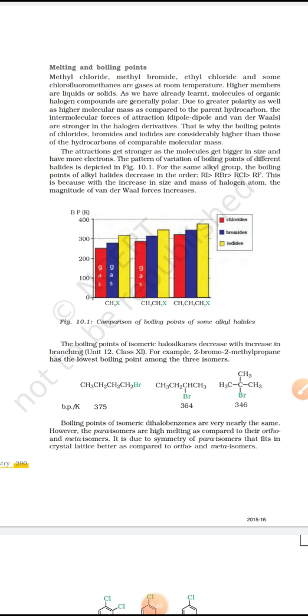Now children, the lower members like methyl, ethyl iodides or halogens containing 1, 2 or 3 carbon atoms are generally gaseous at room temperature. The higher members are liquid and still higher are solids. That means with the increase in length of the carbon chain, as the molecular mass is increasing, they are converting towards the solid. Now, as we all know, the bond between carbon and halogen is polar,